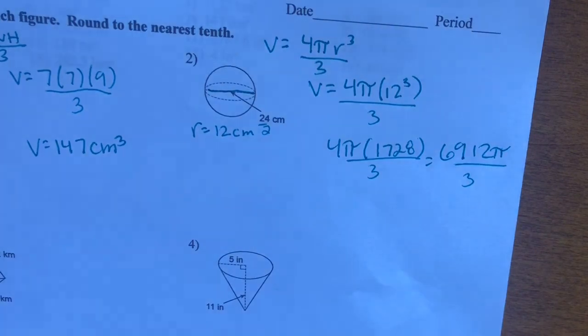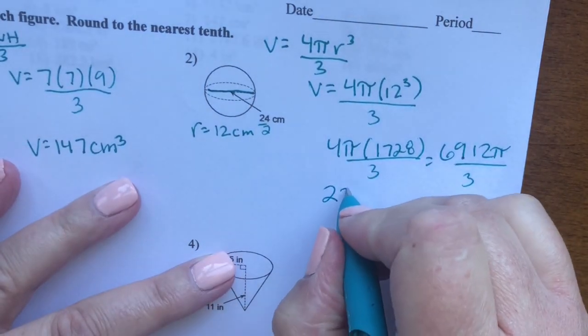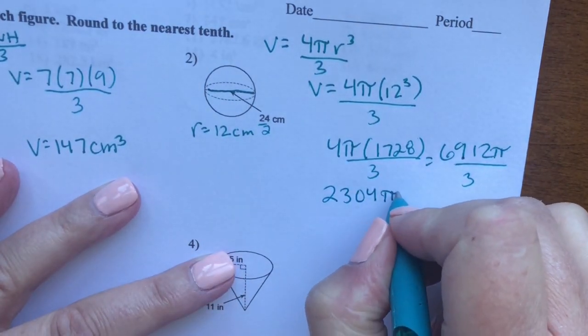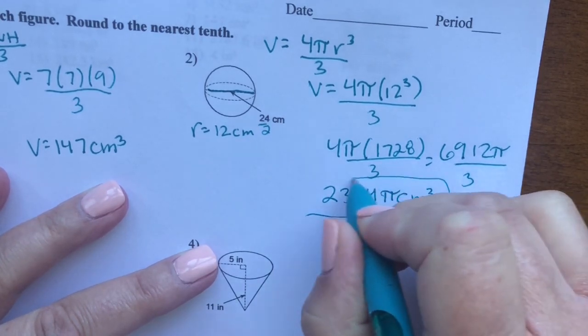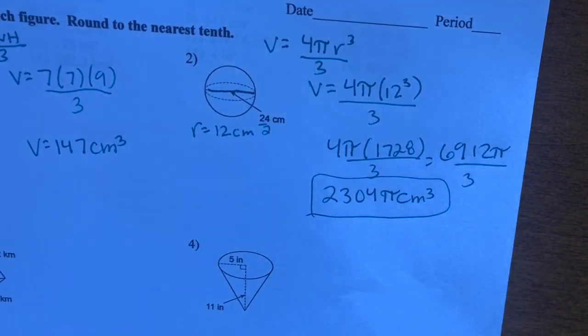And I'm going to divide that real quick by 3. 2,304 pi centimeters cubed. Okay, I'm going to leave it like that for now,